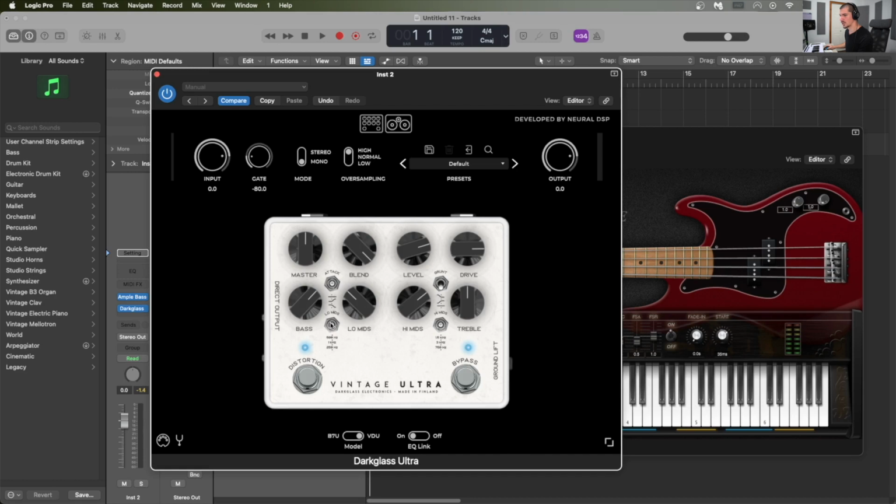I usually like bringing the low mid centered around 1K. I like to turn down the drive probably in this case. We can choose between having distortion on or distortion off. And then if we turn the plugin off,